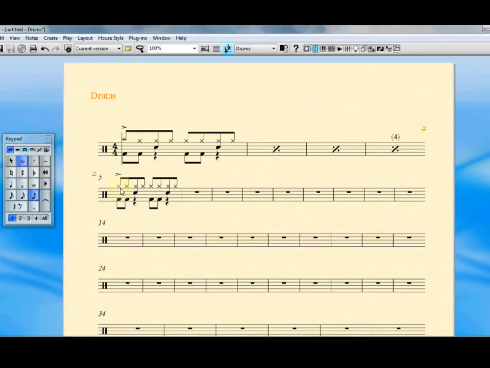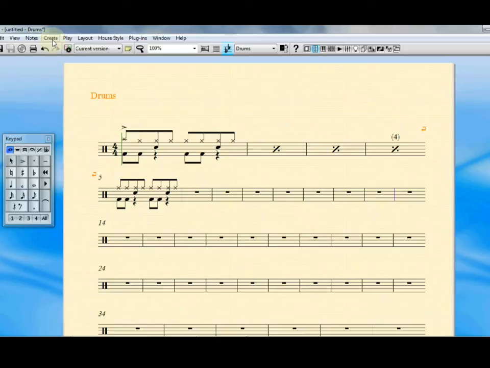Let's go to ride symbol. Ride symbol is on the line. Here we go. That was just using the cursor keys along. Get rid of the accent. Now I want to make an 8-bar phrase out of this, but all I do is 1, 2, 3, 4, 5, 6, 7, 8,